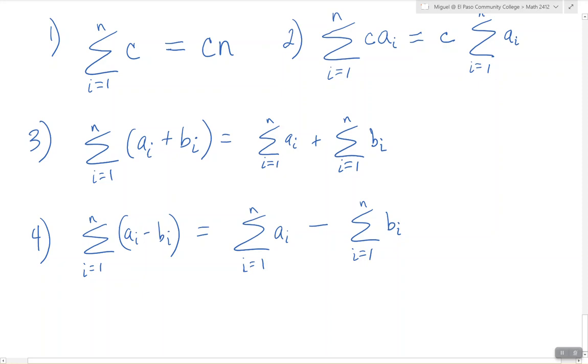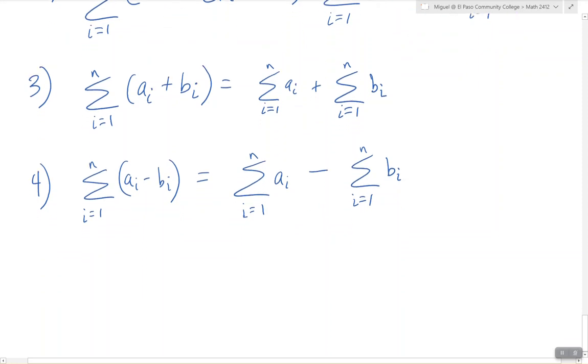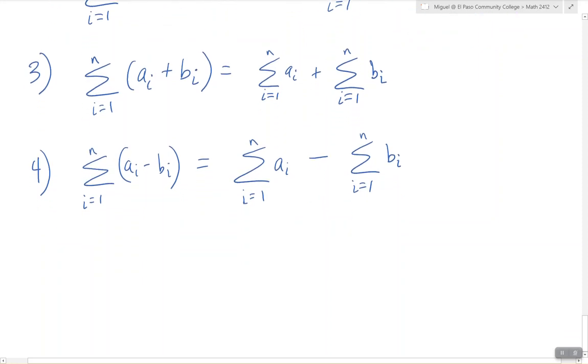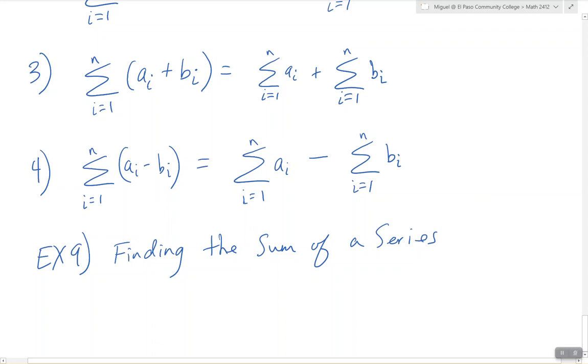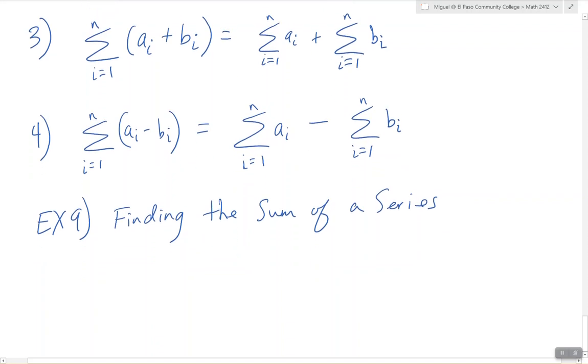So when we add the terms of a finite or infinite sequence, we can call this sum a series. Example 9. The series here is going to be